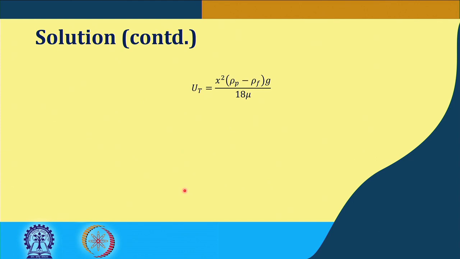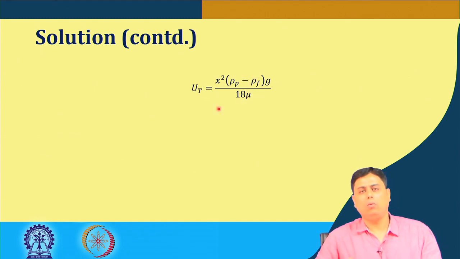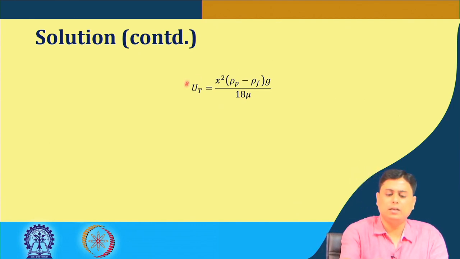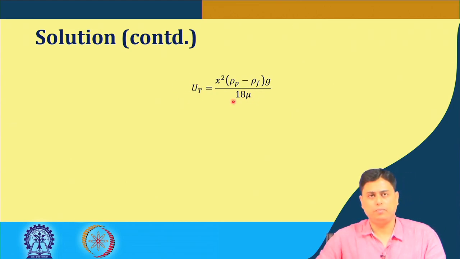So what is the influencing factor? The influencing factor here is the relative density, because the particle densities are fixed. So basically you can change the fluid or the liquid. If you change that, the mu also changes. So which one should you change first? If you look at it, the terminal velocity is inversely proportional to mu.